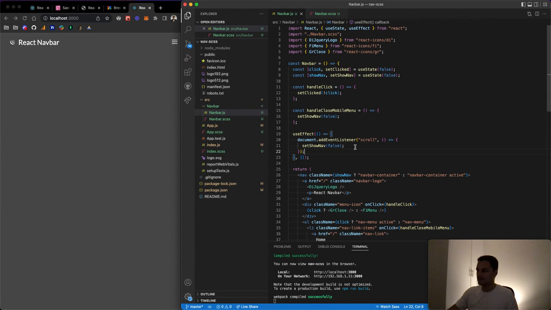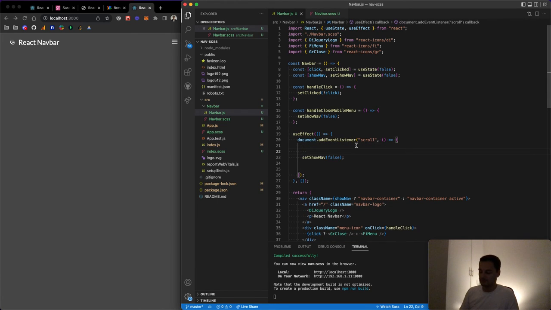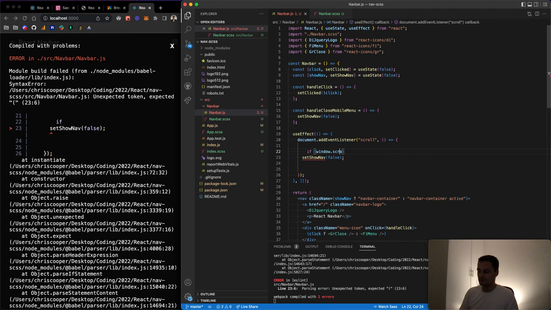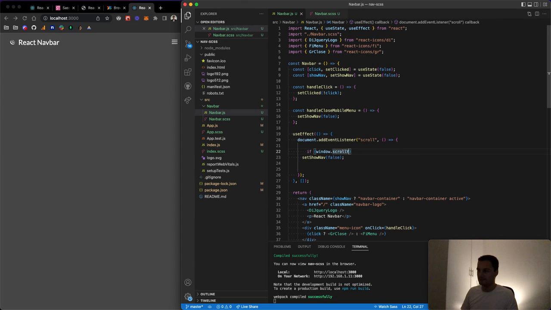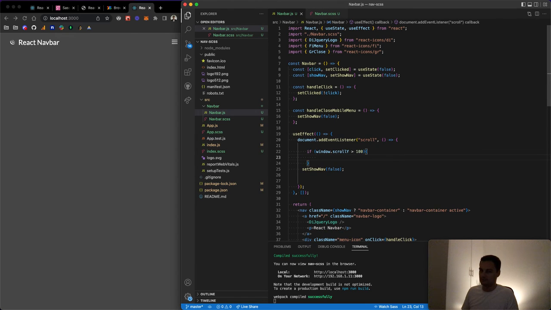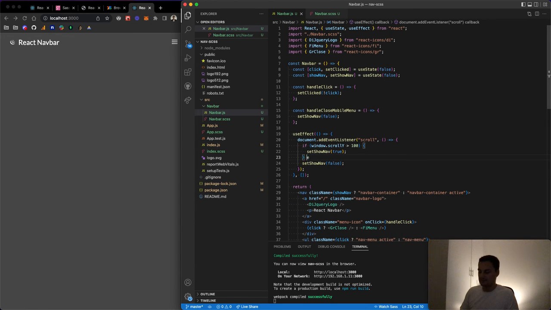Okay, in that case, let's continue on. So we don't want to actually do that. What we want to do first is have an if statement. So we want to check if window.scrollY, so if the window has scrolled, this is now vertically on the y-axis, more than 100 pixels, we want to actually set showNav to true. So we want to show the nav bar as it is,